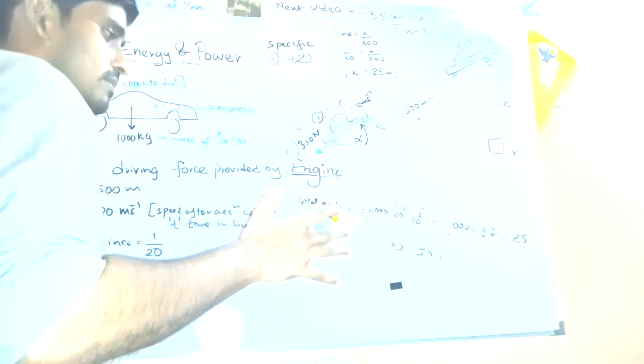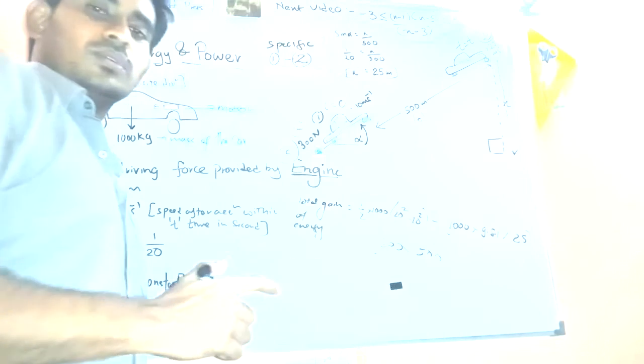So plus force times, what is the force? 300 newtons, force times the distance 500, right? So check whether, when you are substituting the values, the units are okay. So then what would be the answer? If you carefully do the simplification, the answer will be